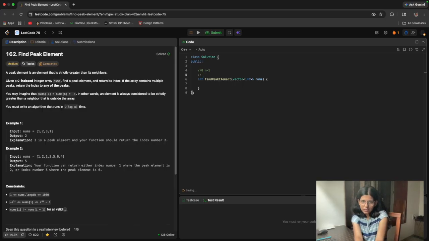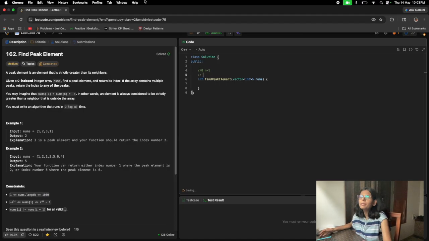And for the last index, we'll check the element at index n minus 2 and the element at index n minus 1. If the element at index n minus 1 is greater than the element at index n minus 2, then we'll return n minus 1, because that's what the question says.